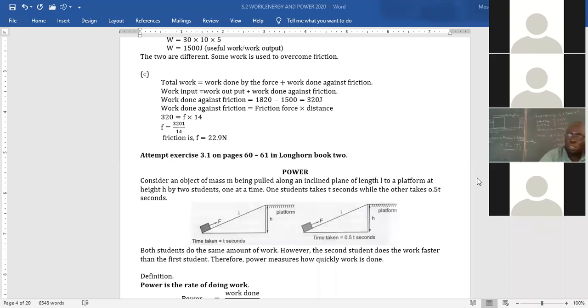Okay, so we can be given the same amount of assignment or work, but some people do the same assignment faster than the others. So we are talking about the rate of working. How do we transform energy from one form to another as quickly as possible? And in most cases, when we talk about the rate of working, we are talking about what we refer to as power. Is that clear?